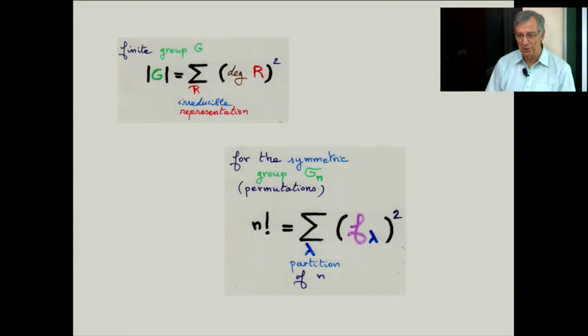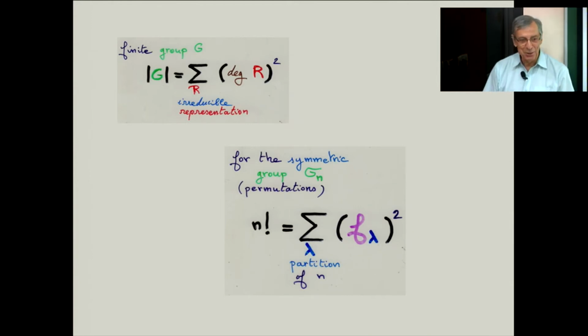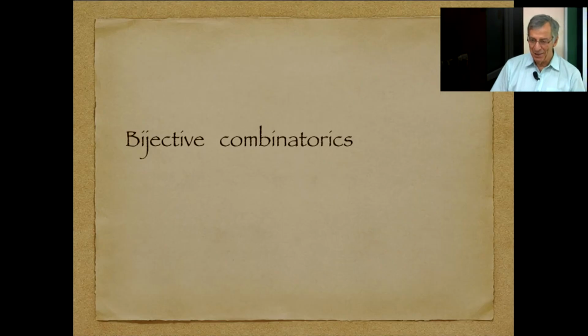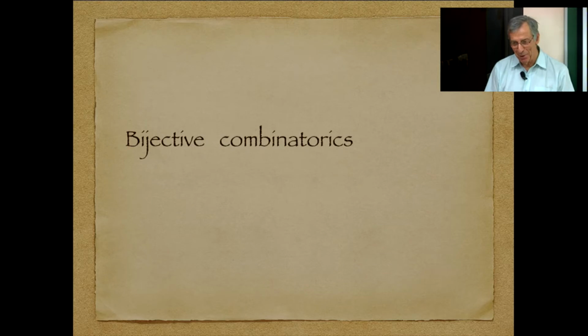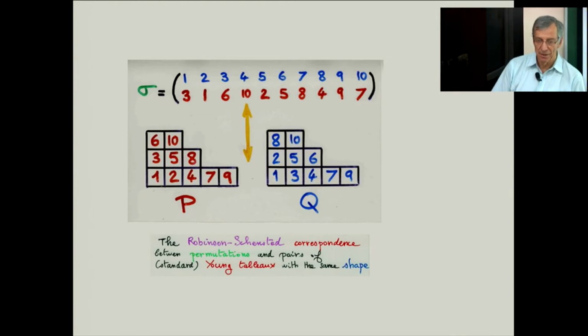You can explain this to any kid. A permutation, a Young tableau, putting numbers in increasing order. Any kid can understand this. So the problem now is to forget completely this deep representation theory and to use a direct proof, in the framework of bijective combinatorics. Bijective combinatorics means that you have to find a bijection starting from permutations. Here is an example, a permutation on 10 elements.